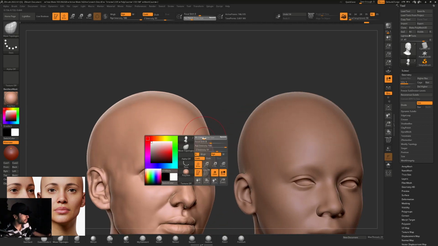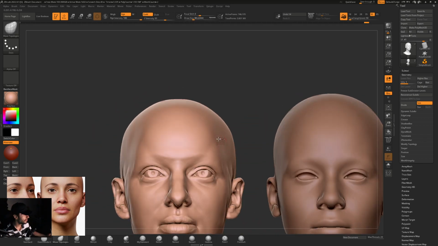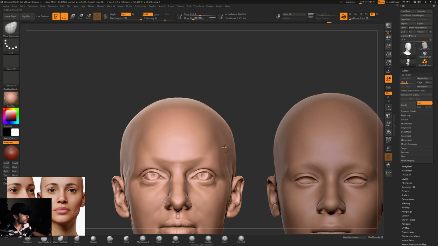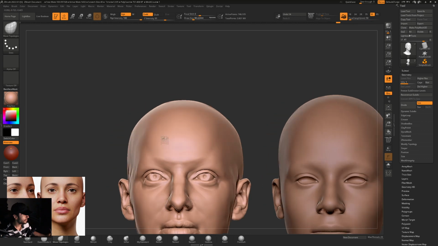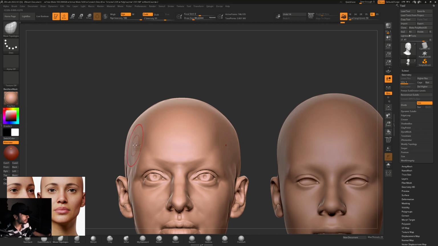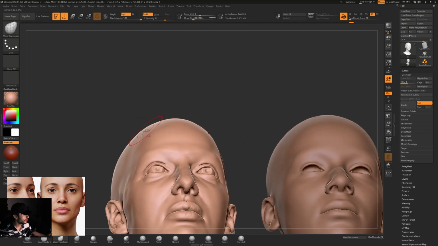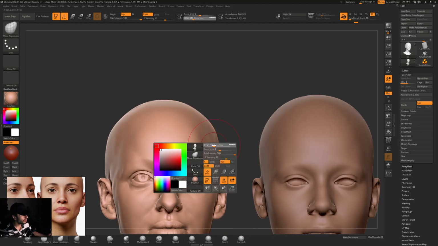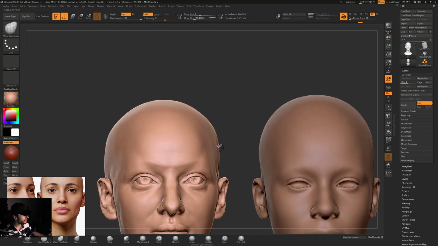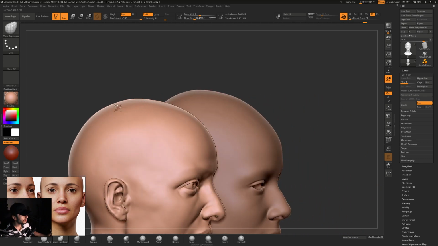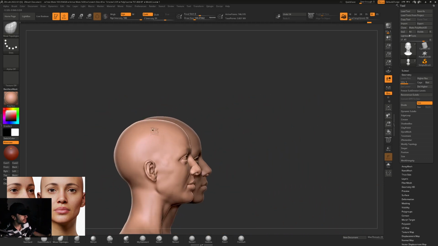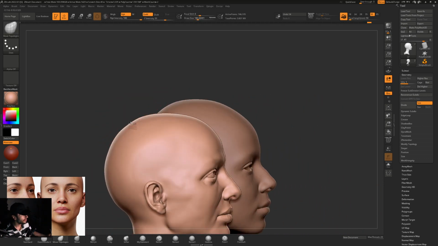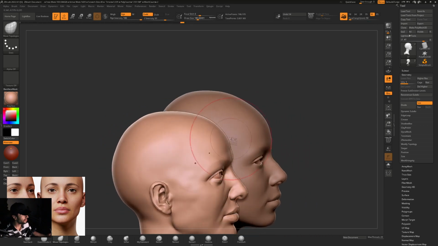The skull also, the back of the skull is always wider than the front and also higher. So the frontal shouldn't be